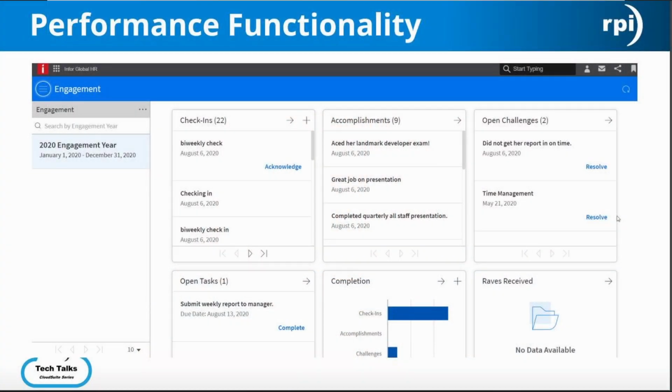I believe I'm in as the employee here, and you can see I have my 2020 engagement year set up. I have my check-ins in the top left. So again, check-ins can either be tasks or challenges or kind of a kudos. And then you can see I have accomplishments and challenges next to that, and then open tasks beneath it. And then there's a little bar chart in the bottom middle to show the status of all of these